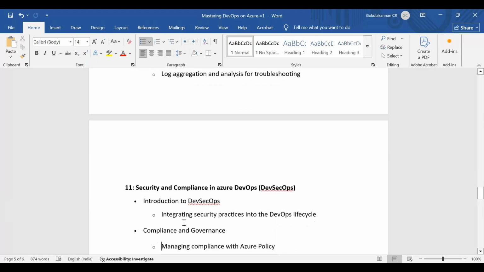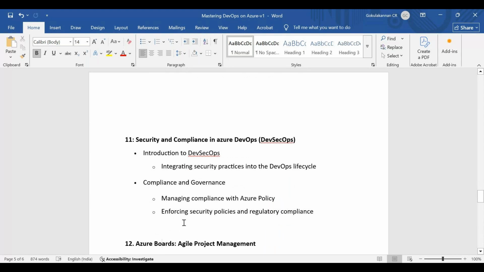And next, the foremost important thing, DevSecOps. Previously, when you went to attend an interview, they would ask only about DevOps, right? Now a new role came, that is DevSecOps, that is DevOps along with the security. Personally, if you ask me, I won't keep it as a separate topic. Everybody should follow security in cloud.